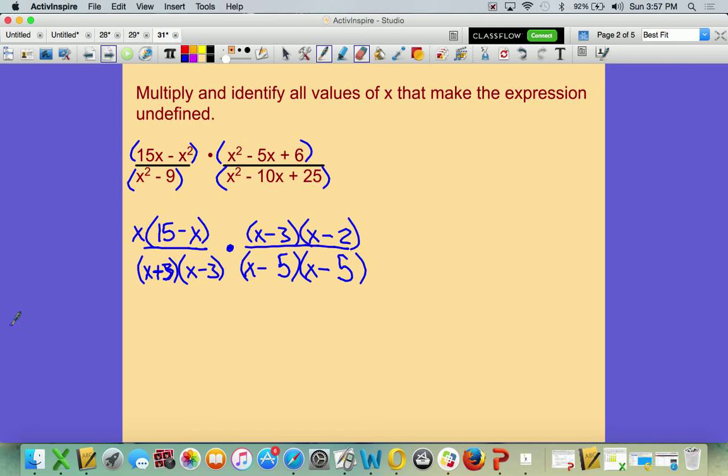Alright, now that we have everything factored though, now we need to find the values that make this undefined. So x cannot equal, remember how we do that, set each one of the factors equal to 0. So x plus 3, subtract 3, means we've got a -3. This one, add 3, means we've got a +3. This one, add 5, so that gives us a 5 there. And this one, add 5, so we've got a 5, we've already got that one, so we don't have to